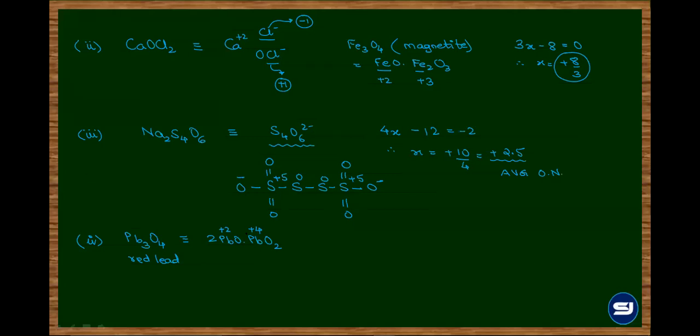So the oxidation states are decided based on which group the element belongs to. This is an element of the carbon family, so the +3 oxidation state is not possible there. It can be +2 or +4, which is variable. Once again, on calculation, you will get the average oxidation number, which is +8/3. But in reality, it is +2 for two leads and +4 for the third.